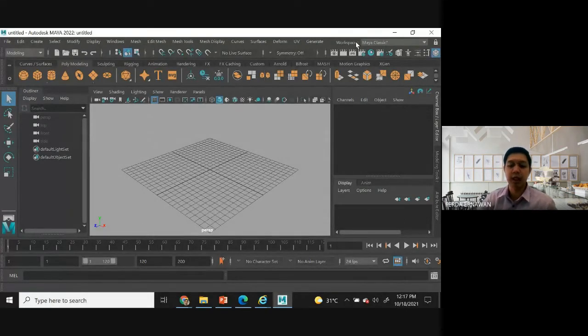So we will proceed to our lab exercise. For the first lab exercise, I will show you the tools that we are going to use and some features inside this Maya. Because within one semester we are going to use a bridge, and then we are going to use the